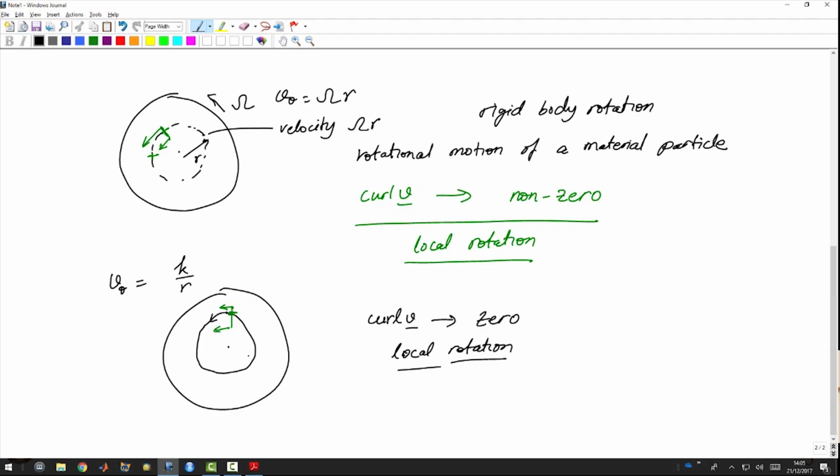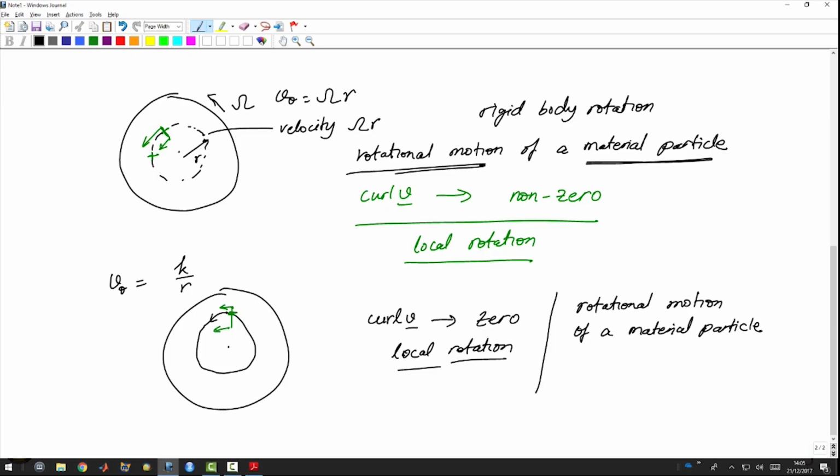So what we see is the rotational motion of the material particle is still the same. In this case also we have rotational motion of a material particle. Here also we have rotational motion of material particle, because in both cases we have v theta. So therefore the material particle in general is moving in a rotational manner, but the local object itself is not really